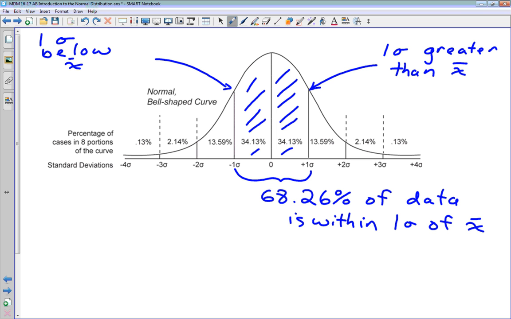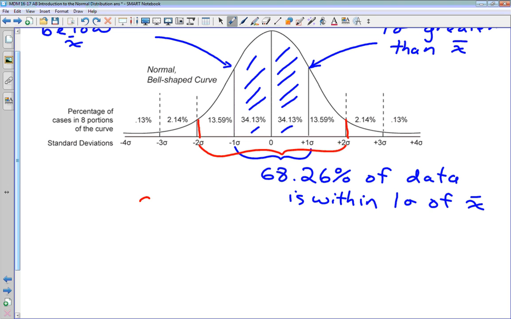And we can do the same sort of analysis if we go more than 1 standard deviation away, if we go to 2 standard deviations away. So this line right here would be 2 standard deviations below the mean. This would be 2 standard deviations above the mean. In between the two of them, we would have, let's see, 95.44% of the data